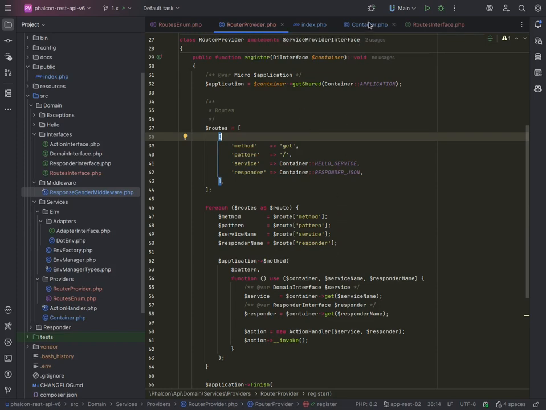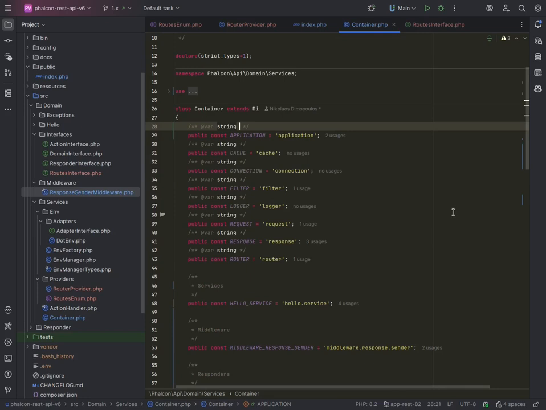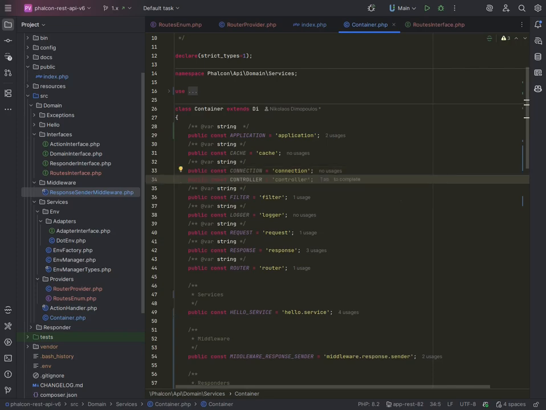So it's very easy to do. All we have to do is just come back to our container and just set the events manager as normal. Now note that this one does exist, I believe, in the factory default, but we decided that we don't want to do this. We want to set up the services ourselves. It makes it a little bit easier to understand for those that are not 100% sure with how things are being set up in a Phalcon application. So what we're going to do is say public const EVENTS_MANAGER equals